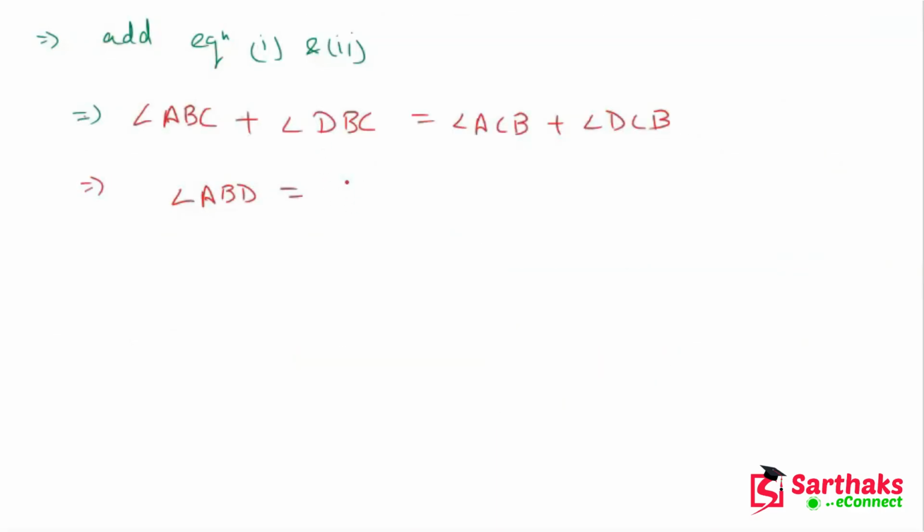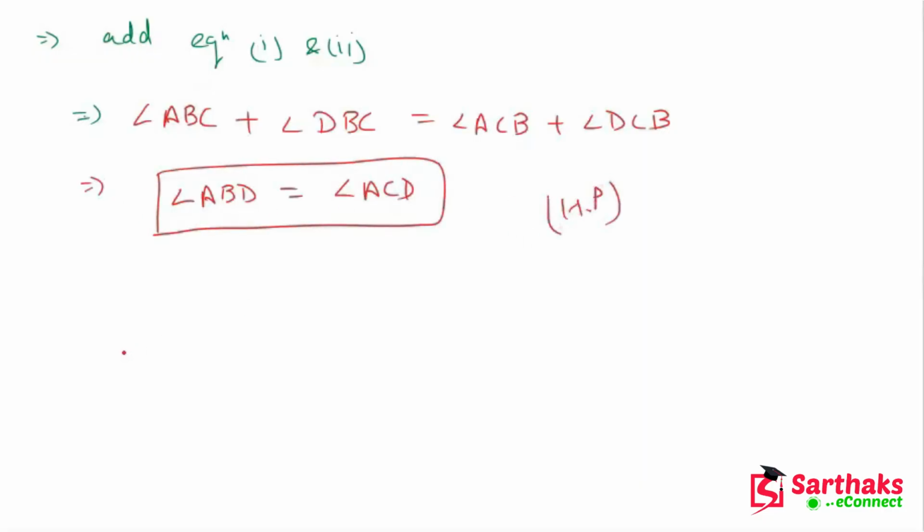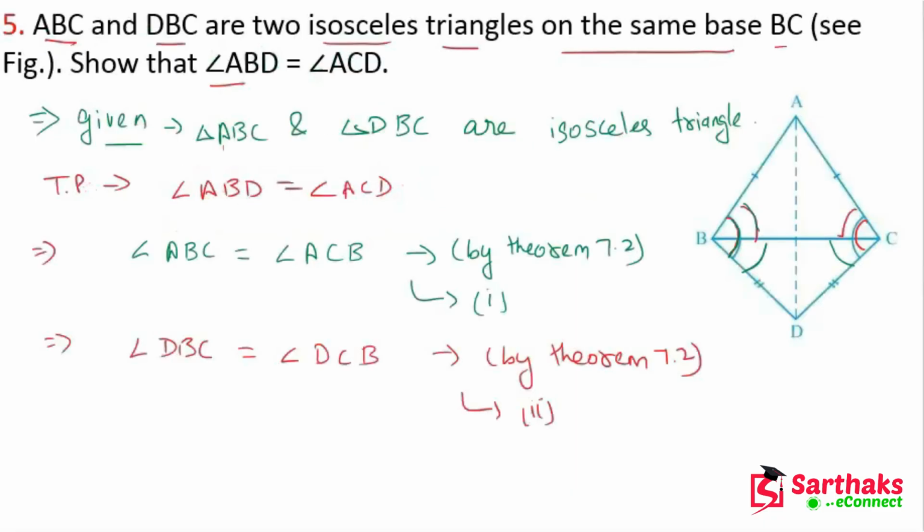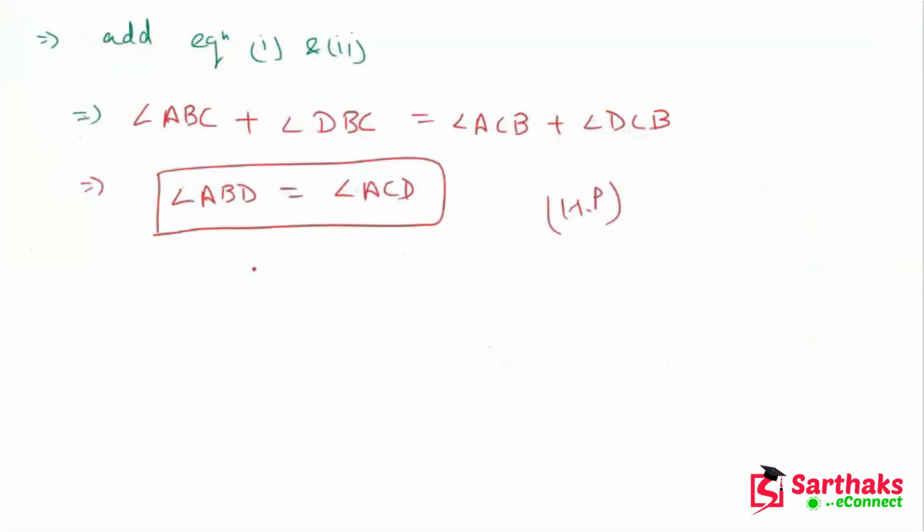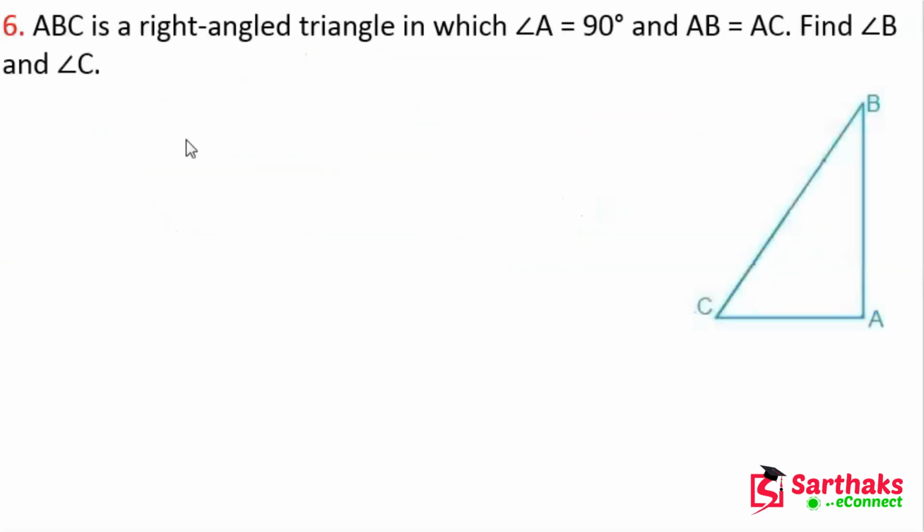So this is the required result. Hence proved. With the help of theorems, we can prove that angle ABD is equal to angle ACD. I hope you understand these things, my dear friend. So this is the proof. So the next question is,